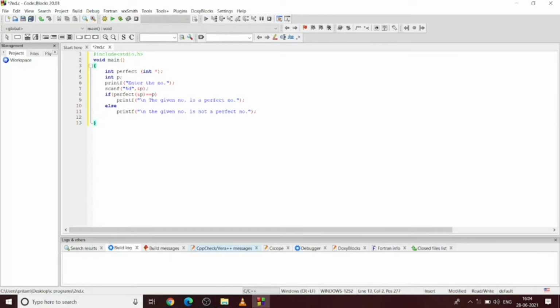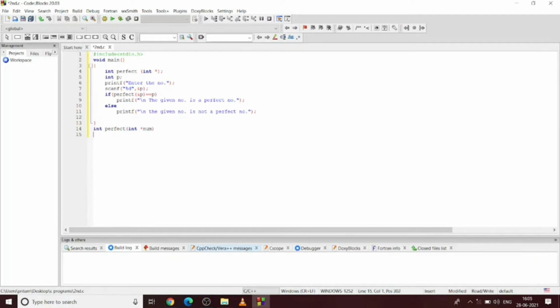We have made the function prototype and also called the function in the if condition only. So I'm going to write int perfect. I'm going to return an integer value. That's why I have given integer as the return type of the function.